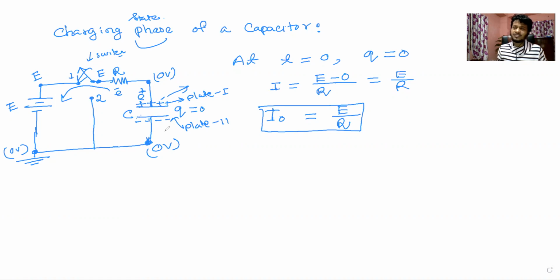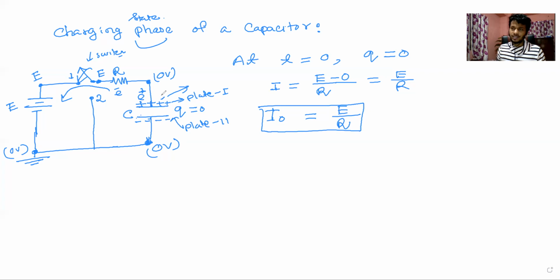But the question is, how long will this transfer of electrons, or the transfer of negative charge, continue? Will it continue for eternity? No. Sometimes this transfer of negative charge from plate 1 to plate 2 will end, right? But when? That's the question. Look, actually potential is being developed across this capacitor.